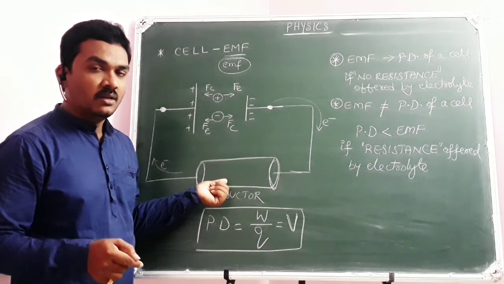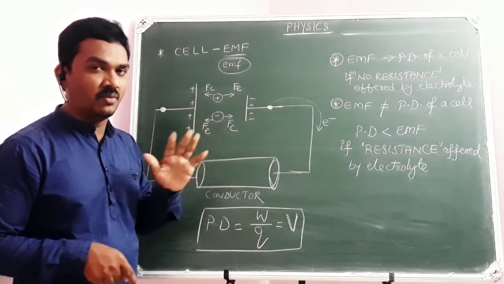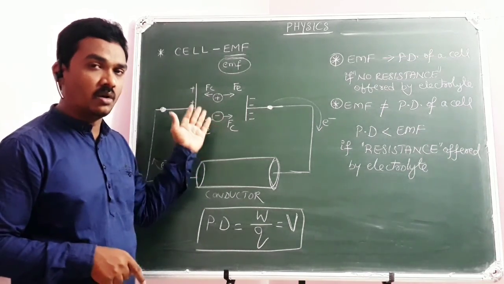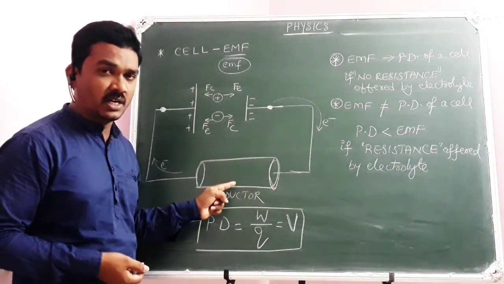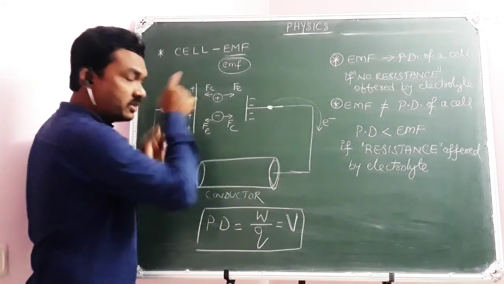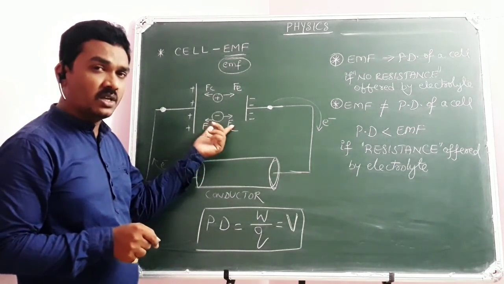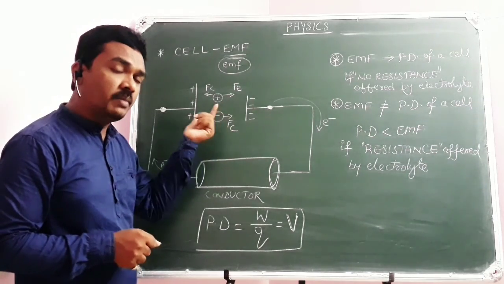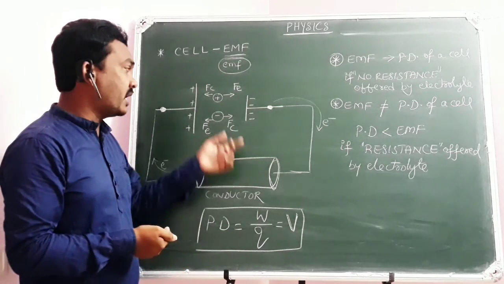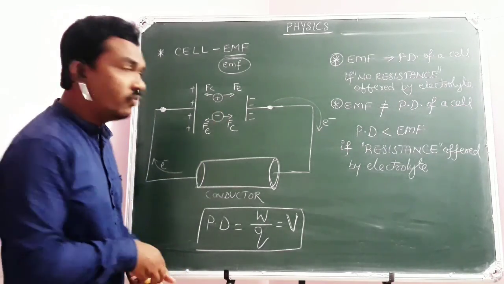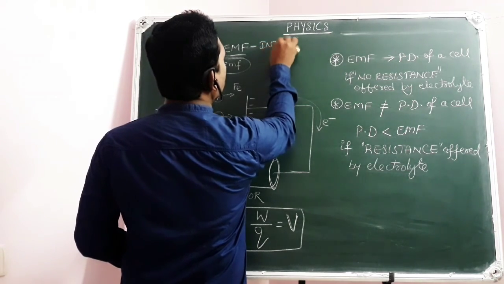But you know very well, whatever the work done to keep the current through the conductor is done by the cell or battery only. The cell or battery will initiate the continuous flow of electrons to cause current through the conductor on maintaining some potential difference. But still, these ions will find some obstacles, some objection offered by the electrolyte while moving through the electrolyte. While moving within the cell, the ions may find some objections. We define it as internal resistance of a cell.